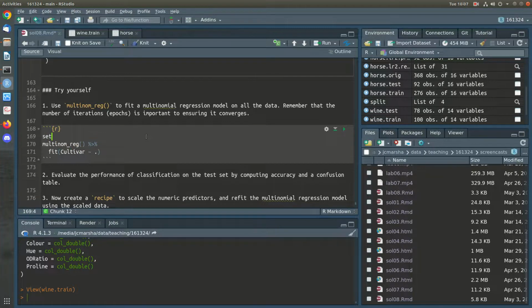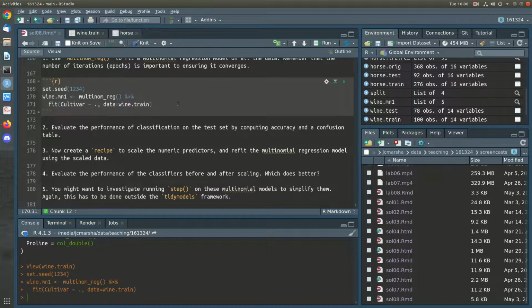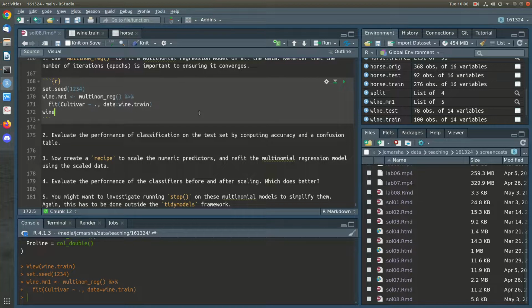Now let's set the random seed, because you remember that the neural network by default will be setting random weights, and we want those weights to be the same. So I've run the fit,